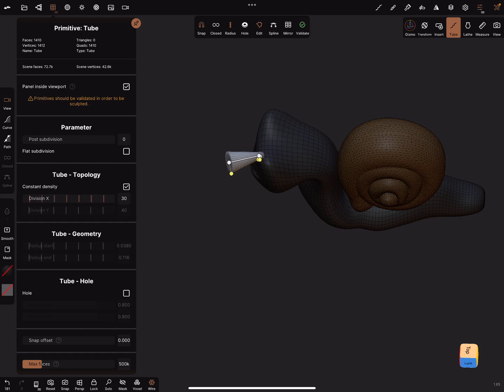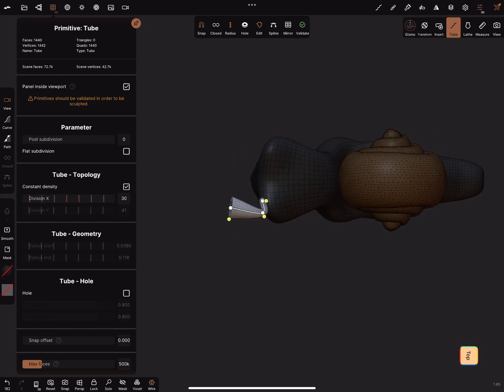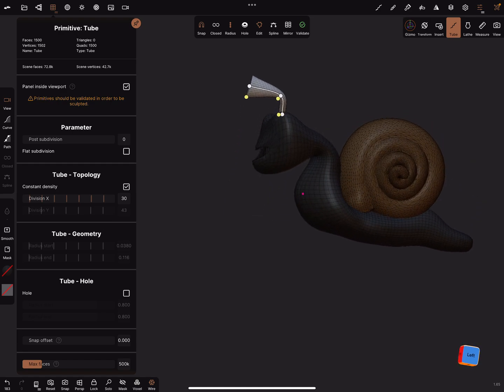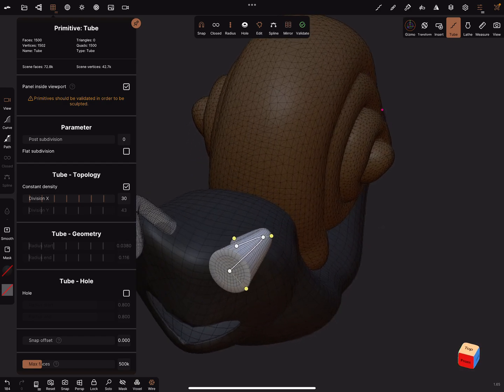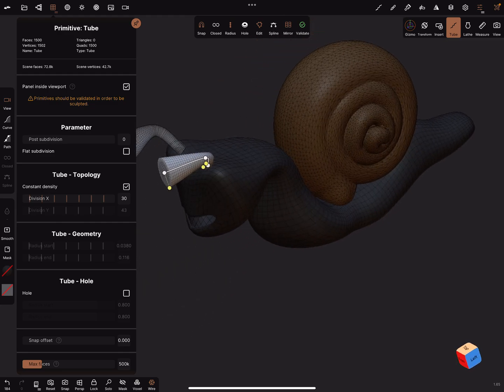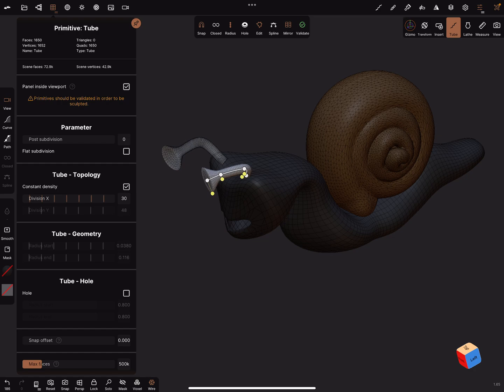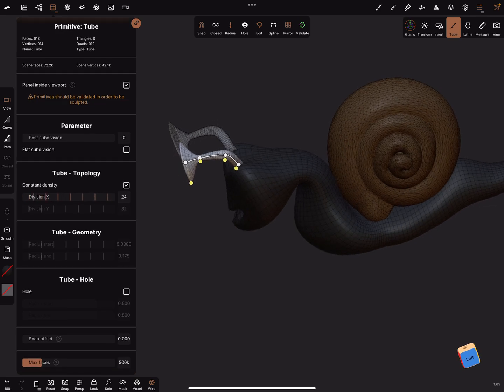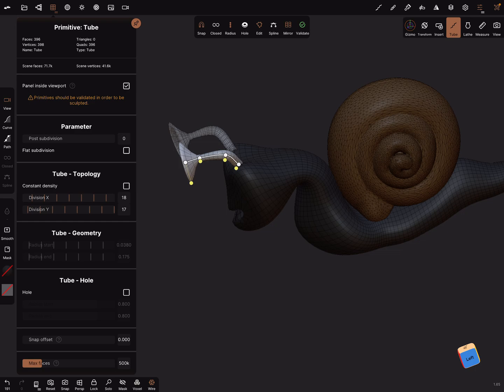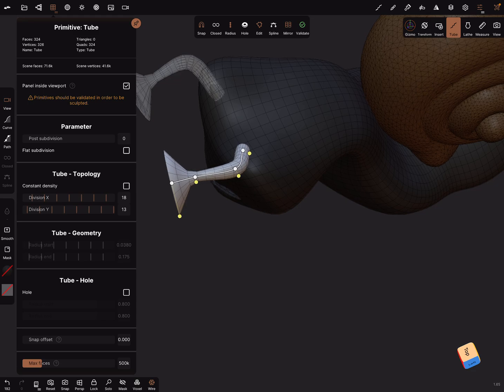Left view, top view, and the mirror we can activate. And add a point more. And we can create such tubes. In the division we can reduce it a little bit. And in this we don't need so much. And we can